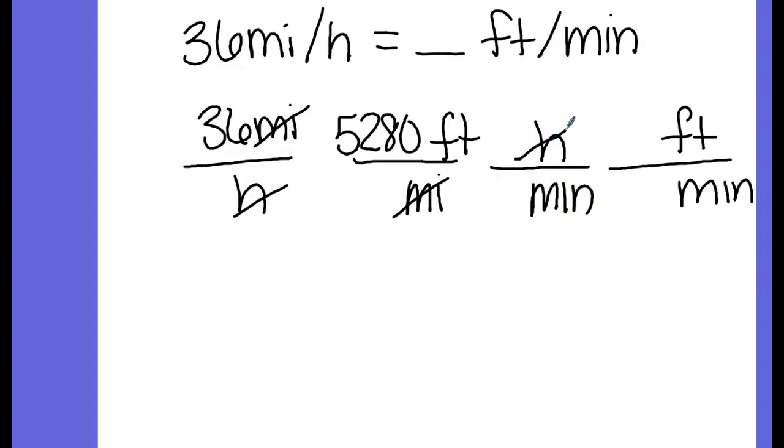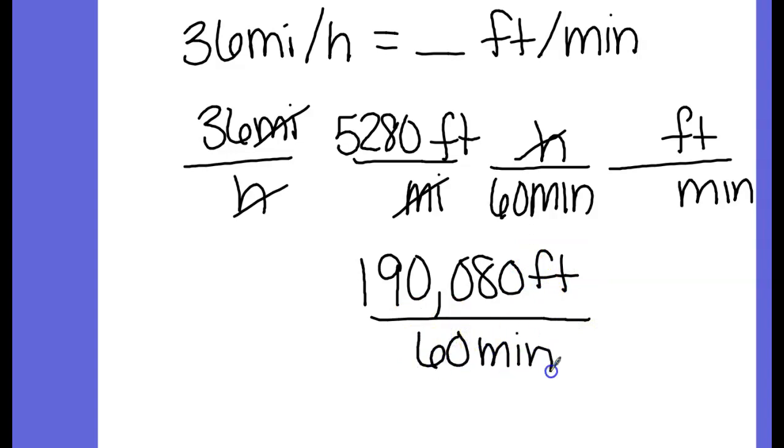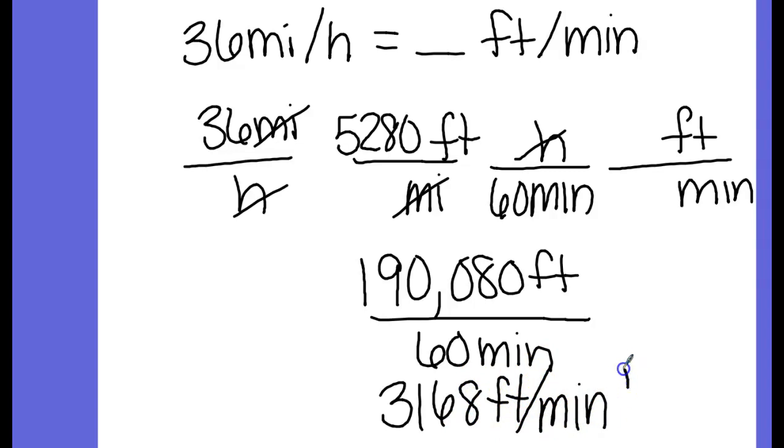How many minutes are in an hour? 60. So then I can multiply straight across. What's 36 times 5,280? 190,080. And that would be feet over, what's 1 times 60? So 60 minutes. What do I do when I have a number on top of a number? Divide, and we get what? 3,168 feet per minute. Is it all right if you just multiply